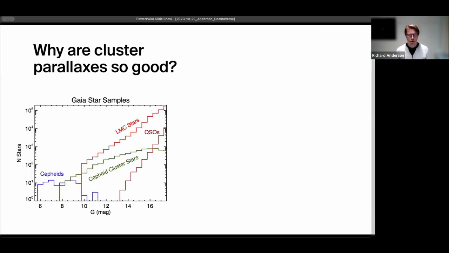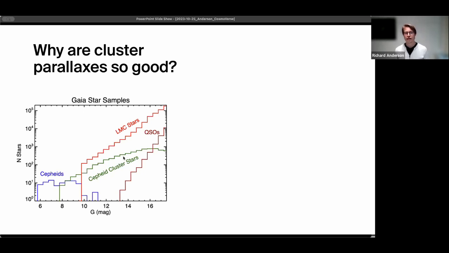So why are cluster parallaxes really so good? I mentioned this briefly earlier, but essentially this is because Cepheids are bright, and this is a plot from Adam Riess's paper that shows the number of stars as a function of magnitude that were used to inform the Lindegren corrections. Here in blue, we see the bright end where the Cepheids are located, so the field Cepheids would fall in this category. But the Cepheid cluster stars, so these member stars, they really fall in a region where many,